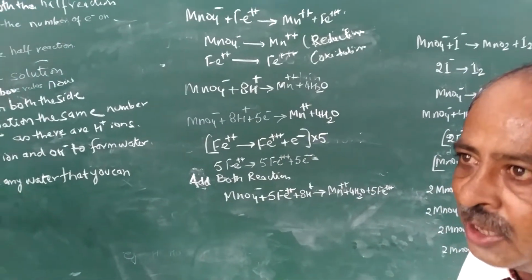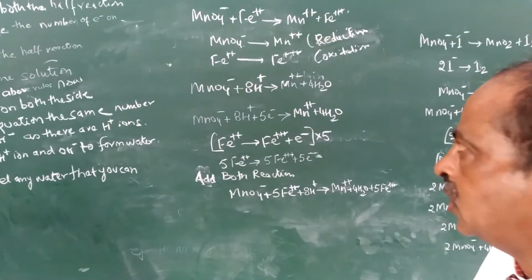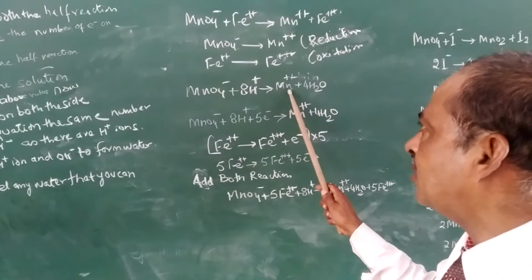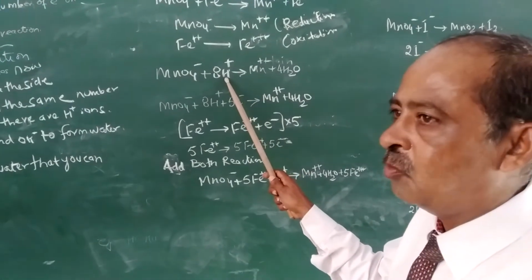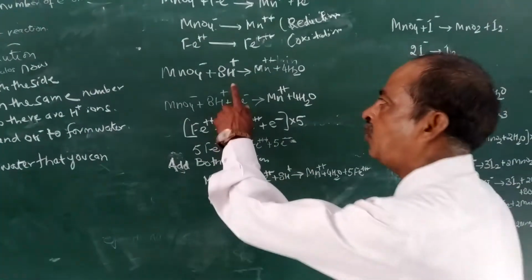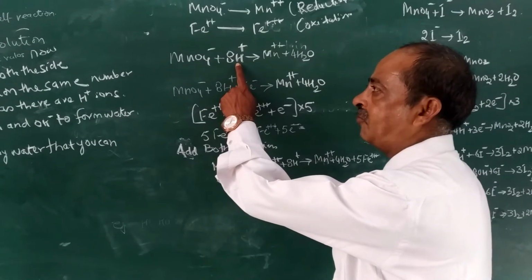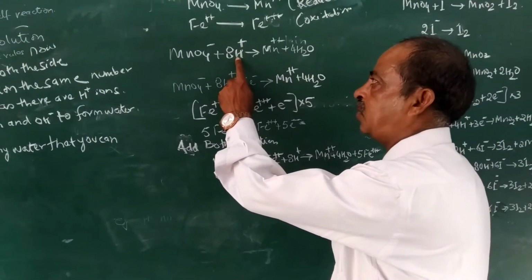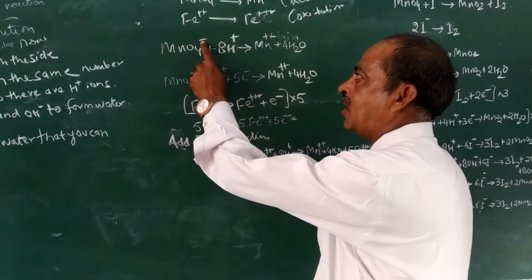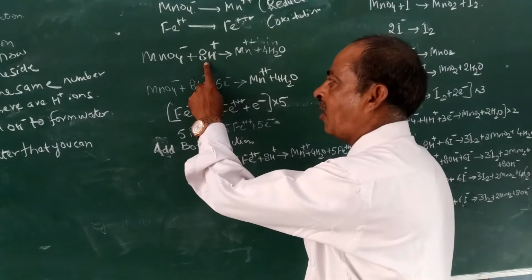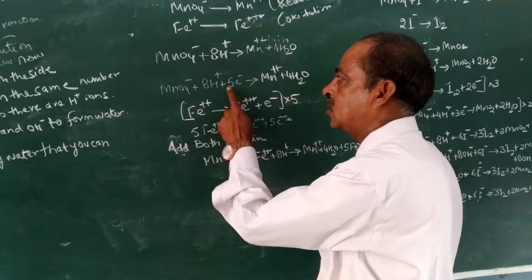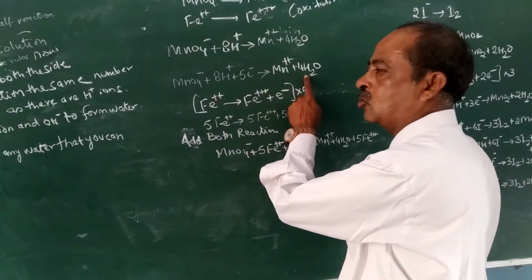Now we will determine electron. To determine electrons, you see, 2 positive charge here, 2 positive charge will cancel 2 positive charge from here. So we have 8 positive charge here, charge left is 6 plus. 6 plus will be neutralized by 1 electron, how many plus left? 5 plus left. To neutralize 5 plus we will be adding 5 electrons. So the overall reaction comes out to be this.